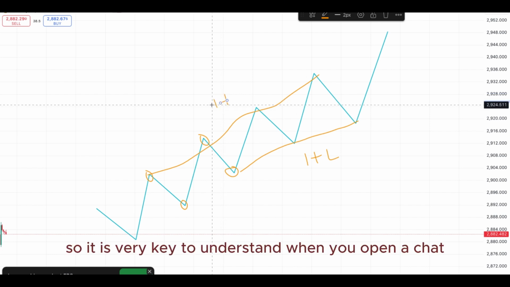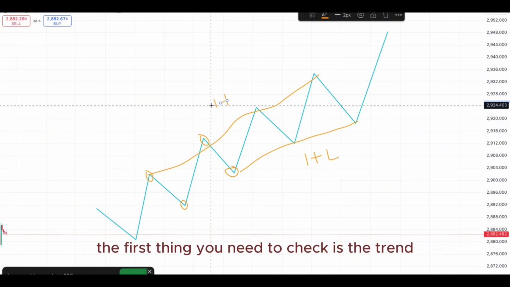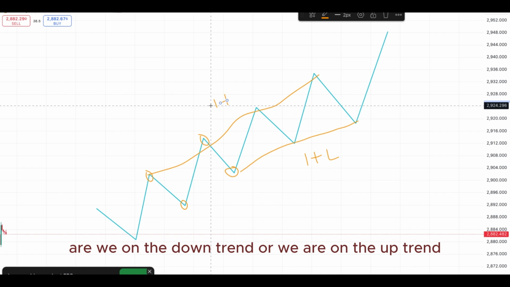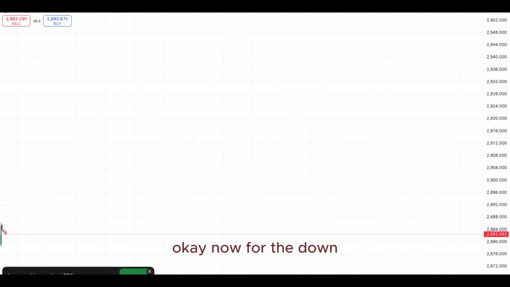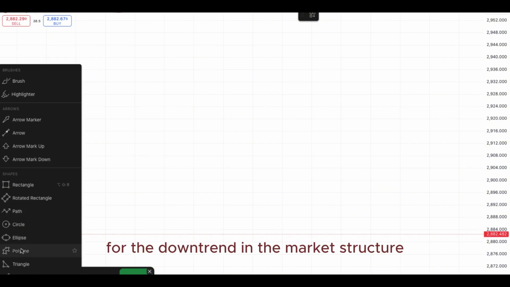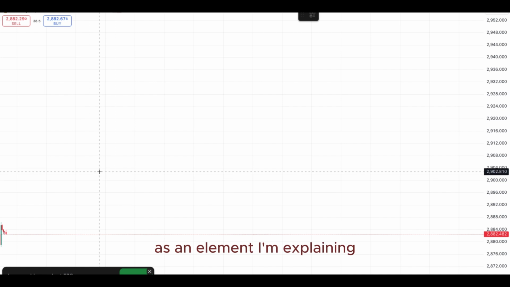Okay, so it is very key to understand when you open a chart, the first thing you need to check is the trend. Which trend are we currently on? Are we on the downtrend or are we in the uptrend? Now for the downtrend in the market structure, as an element that I'm explaining,